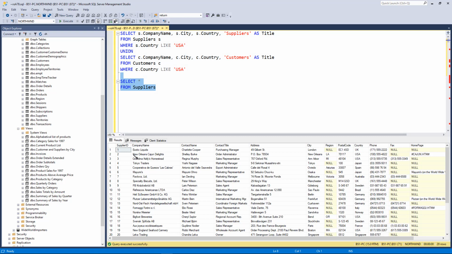What we have here is a supplier, a company name, a city, and a country. So we want all of this data. So let's call it S, and we want from the S table the company name, we want the city, we want the country,